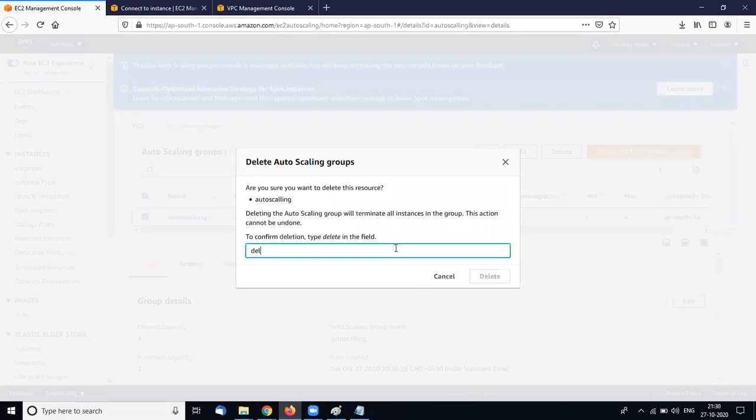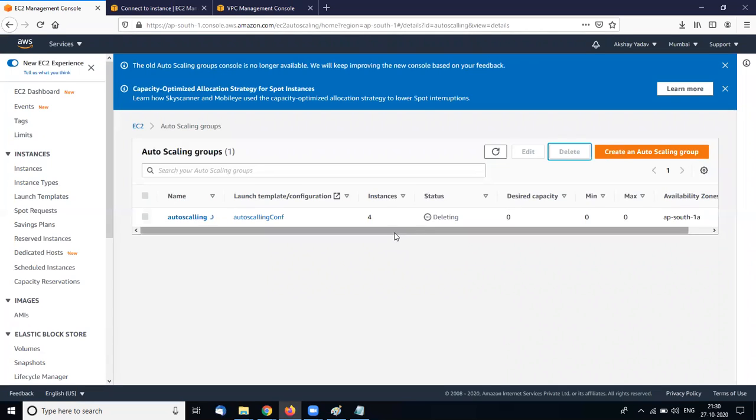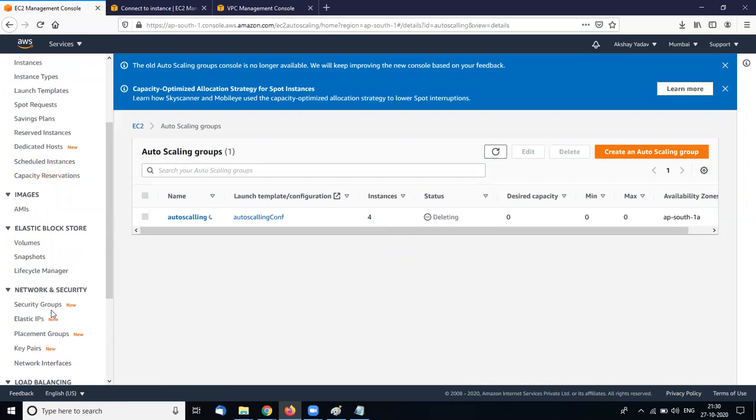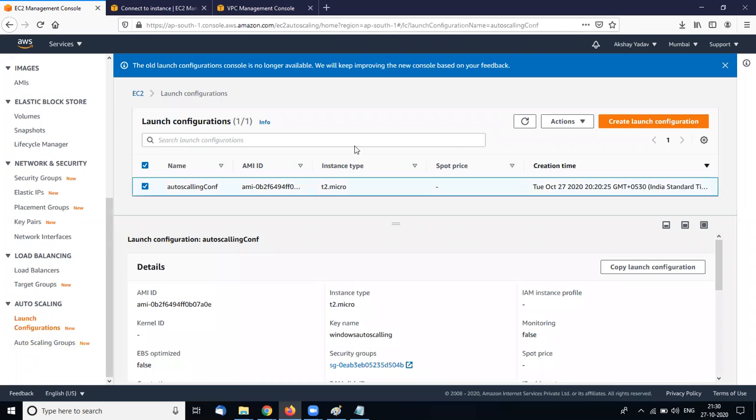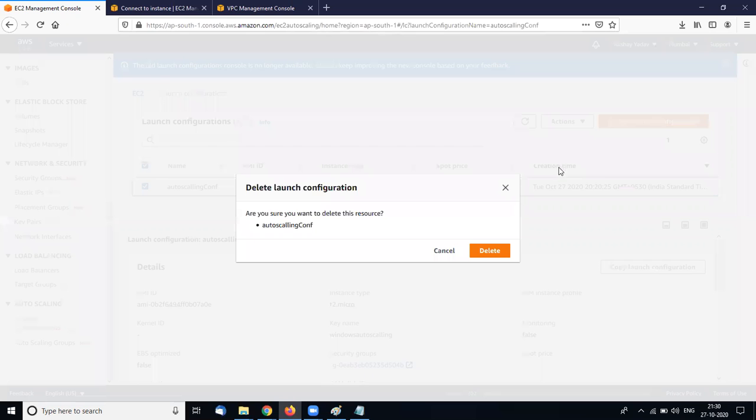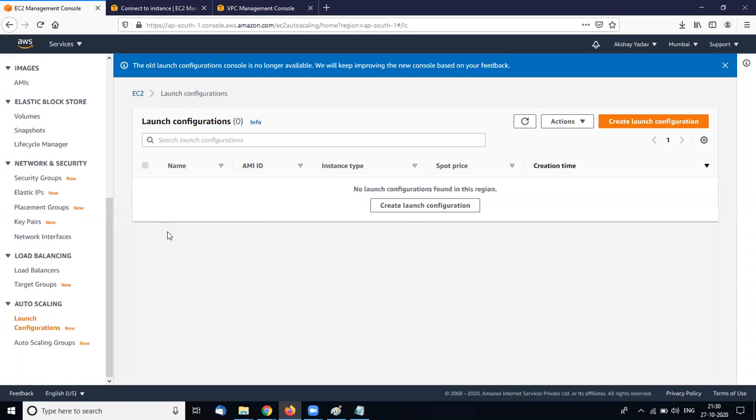So confirm the delete. Instances for maximum, and I am deleting all my instances because if I do not delete them, it will charge me high. Delete auto scaling configuration.